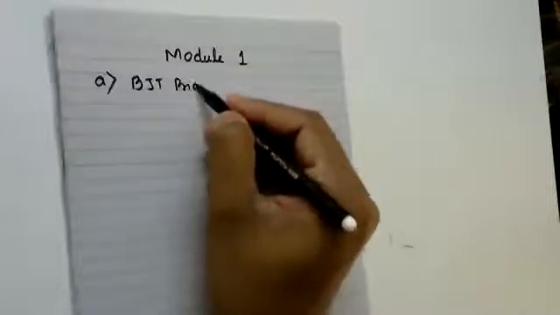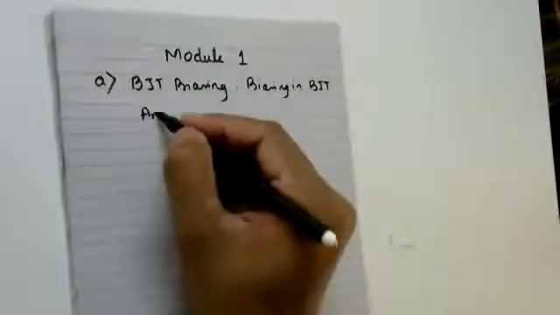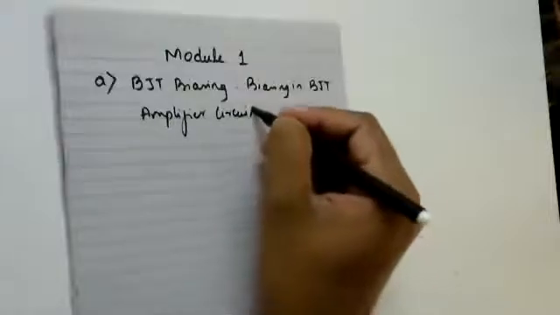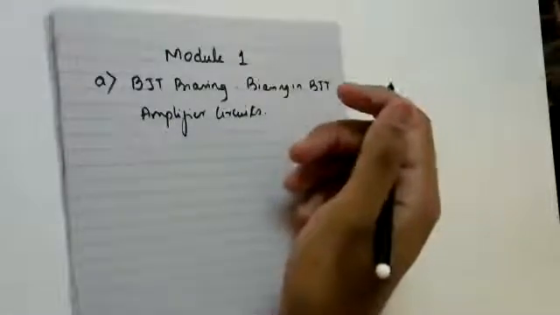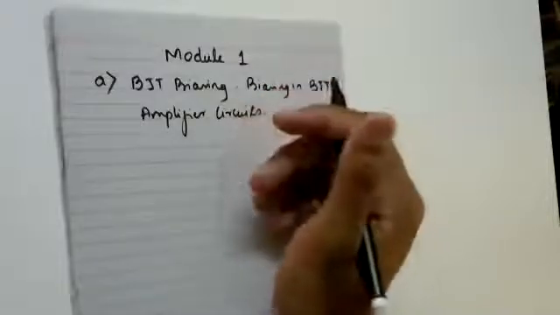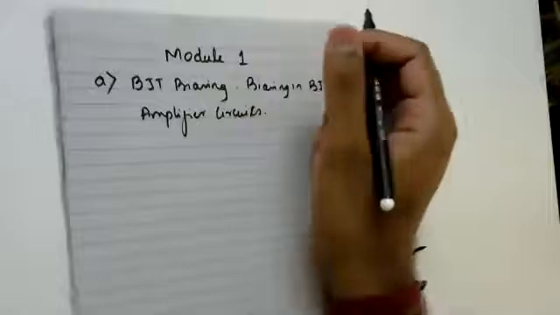Something called BJT biasing. Biasing in BJT amplifier circuits. Few sections of this you have already studied in your basic electronics. So we are just going to revisit the topic, but the depth we are going to reach is something